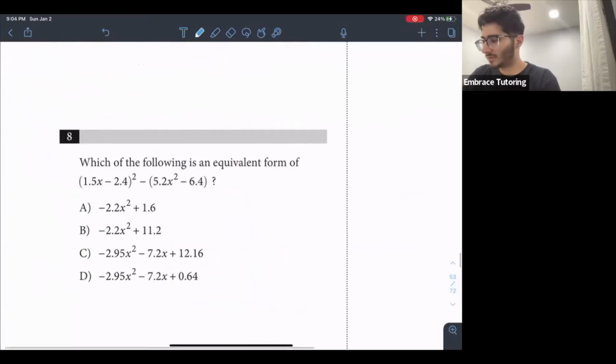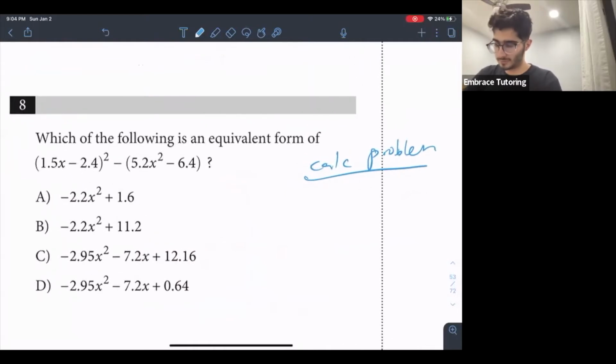Question 8. Which of the following is an equivalent form of 1.5x minus 2.4 squared minus 5.2x squared minus 6.4? So this is basically a calculator problem. This is what I refer to, calculator problem. Basically, you can just plug in everything into a calculator and determine, and at least combine like terms to get your answer. So basically what I would do here, it would be to realize that this is in the form